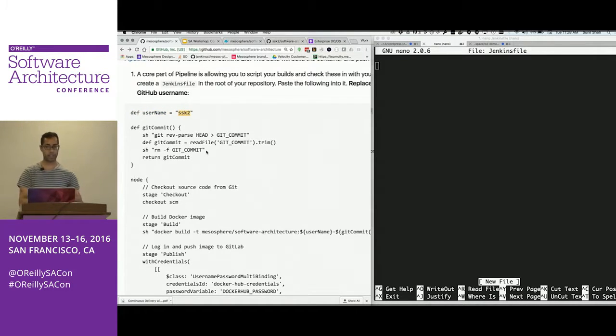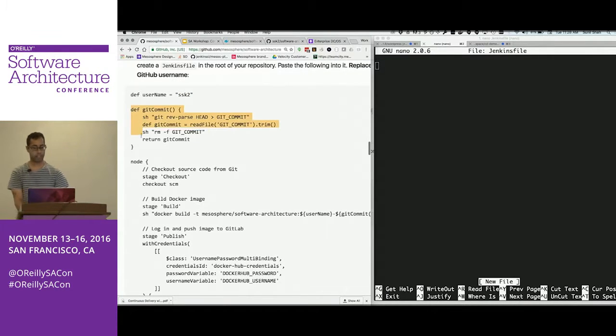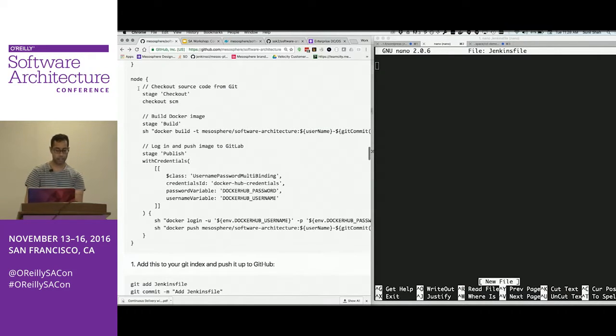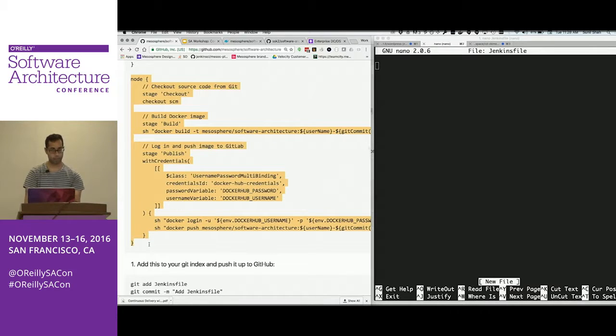This is so that we can namespace the images that are pushed to Docker Hub. We don't want images to overwrite each other. So change that. We have a utility method here that gets the git commit of the current commit that we've checked out. And then the node stuff here actually represents all the steps that we run on a single node